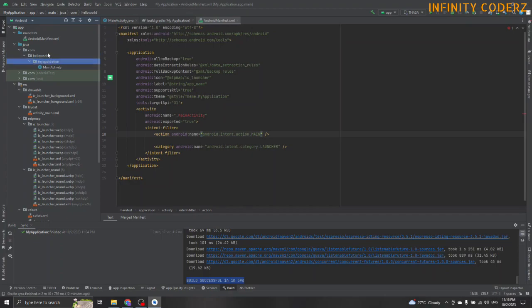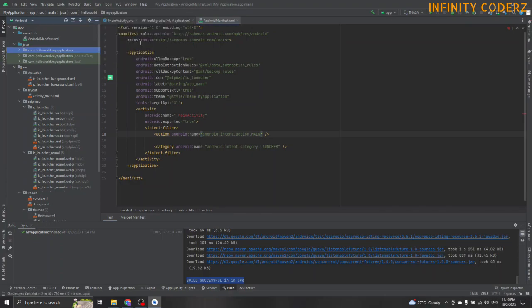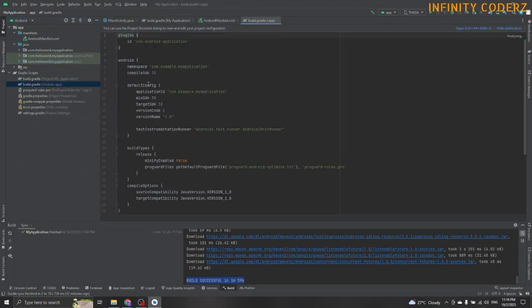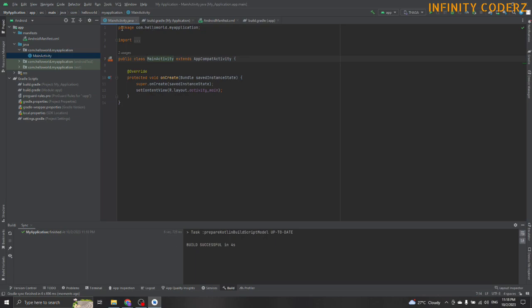Now we can see the example package name has been changed to New Hello World, and we can go back into Tree Appearance to select Compact Middle Packages. Lastly, we need to go to the build.gradle for individual modules and change the applicationId to the new package name that was changed. We could also cross-check the package name in the relevant module activity or files to reflect the refactored name.